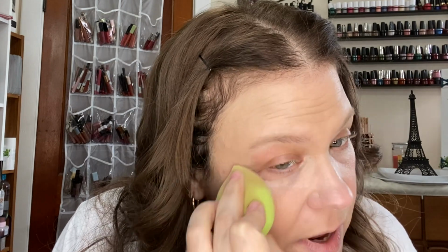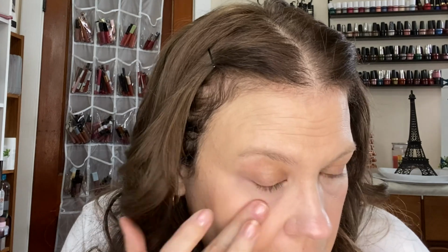And I usually spread it with the sponge, and then I take my finger, which is nice and warm and clean, and press it in with my finger. Same with the other side. Just kind of helps to melt it all in there. Now, I still look bleh,